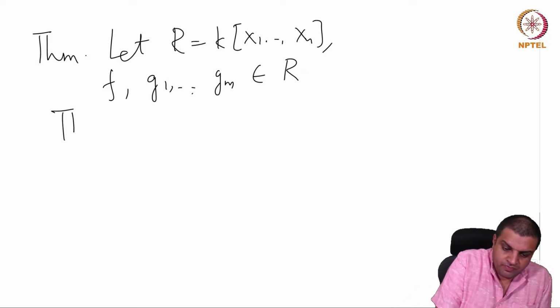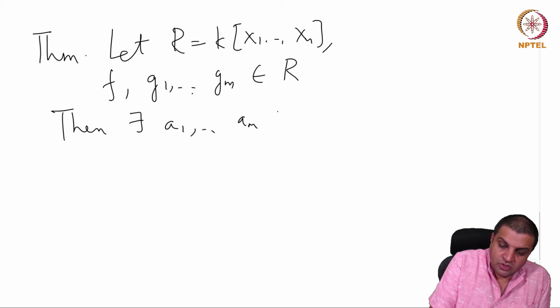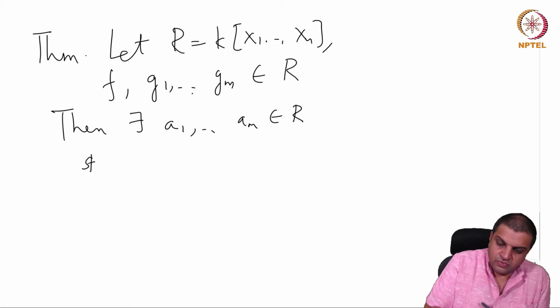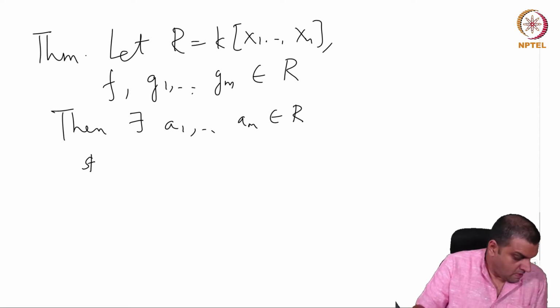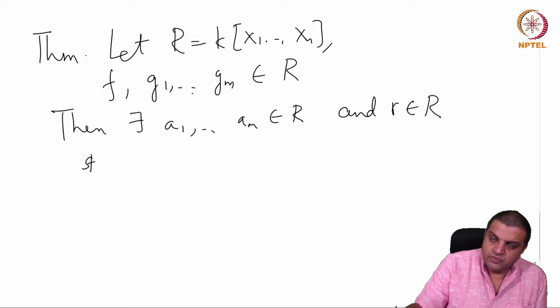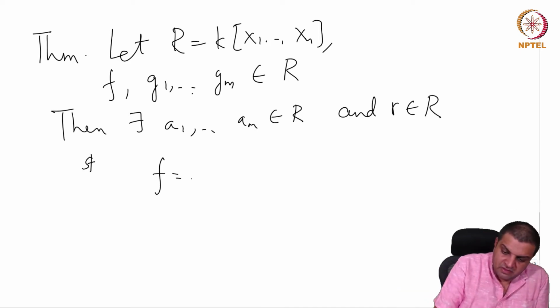Then there exist a1 through am inside R and r inside R such that